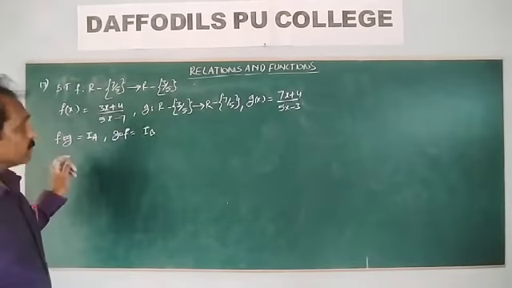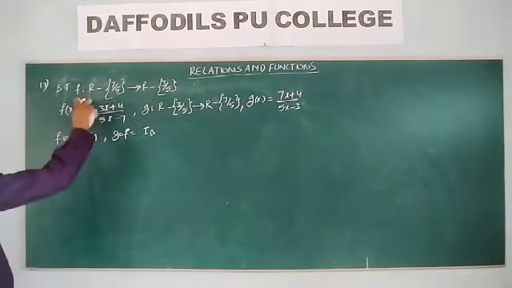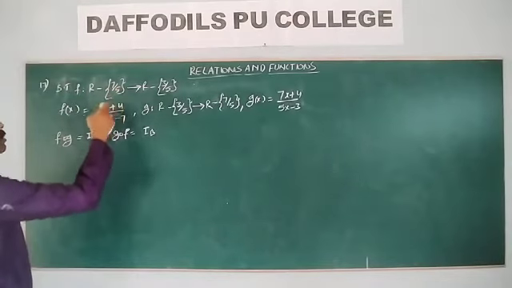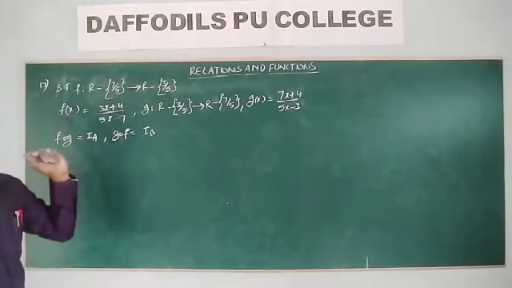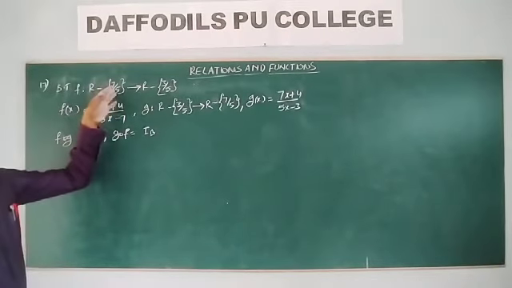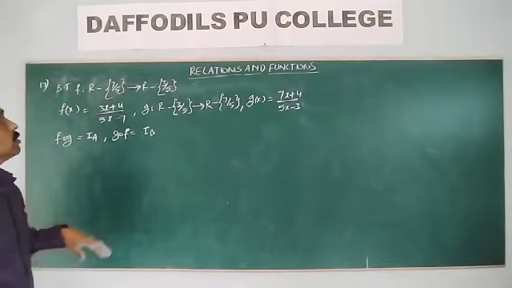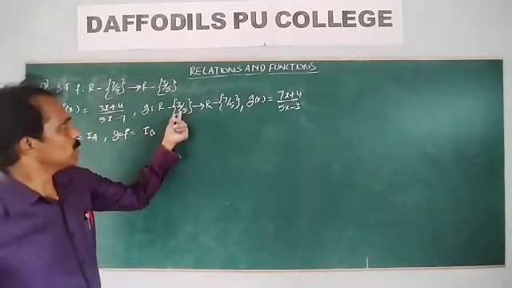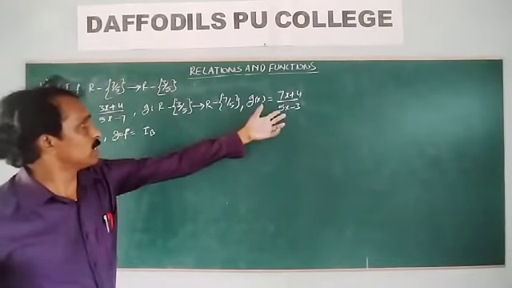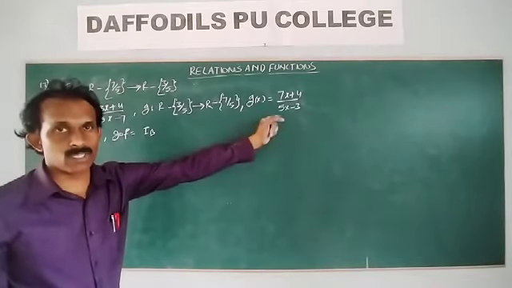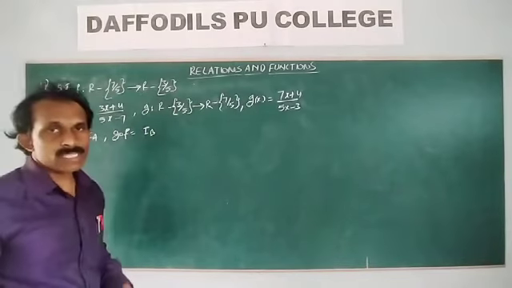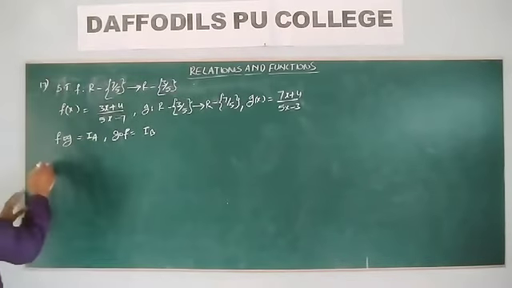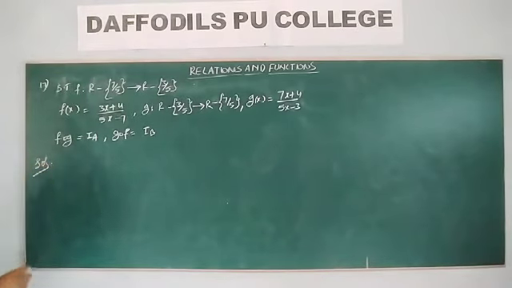Why do we take R minus 7 by 5? Suppose you take x as 7 by 5, then 5 times 7 by 5 minus 7 is 7 minus 7, so it is not defined. That's why we exclude 7 by 5 and take all remaining values. Here also, if you take 3 by 5, 5 times 3 by 5 minus 3 is 0, not defined. So here it is R minus 3 by 5. This is an important example.